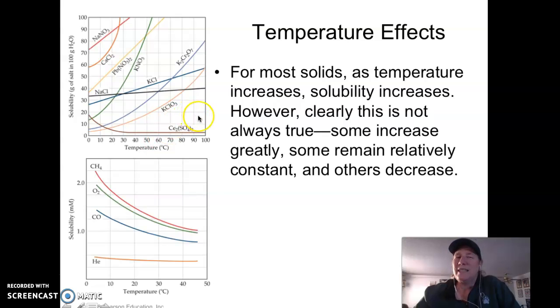Okay, what does the temperature have to be in order for, let's say, 80 grams to dissolve? So here's 80 grams. Here's potassium nitrate. So I go down and between 45 to 50. So if the temperature is about 45 degrees, then I should be able to dissolve my 80 grams of potassium nitrate. Okay? If it's less than that, then again, let's say my temperature is only 30, well, only about 45